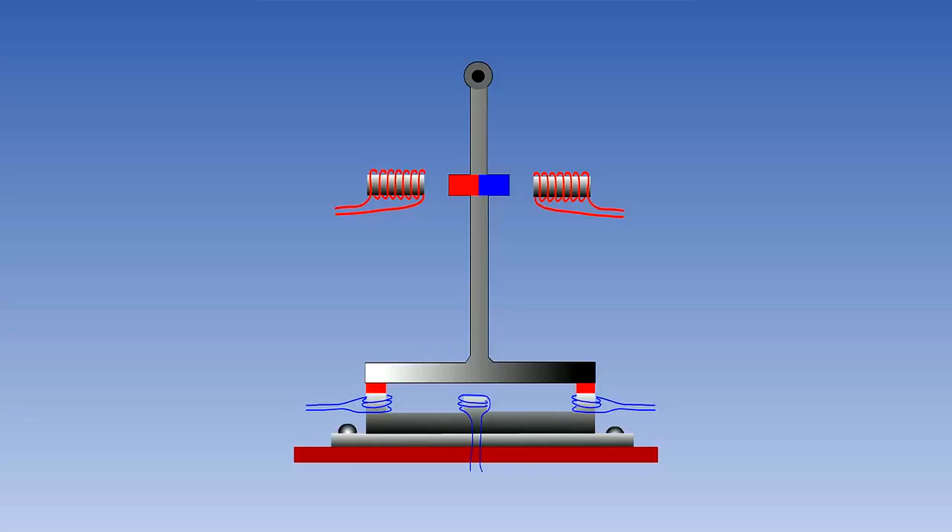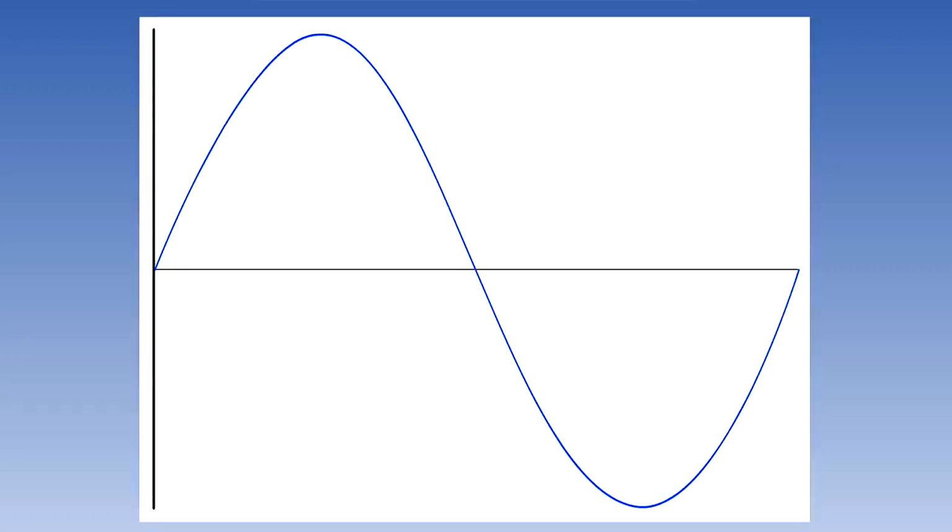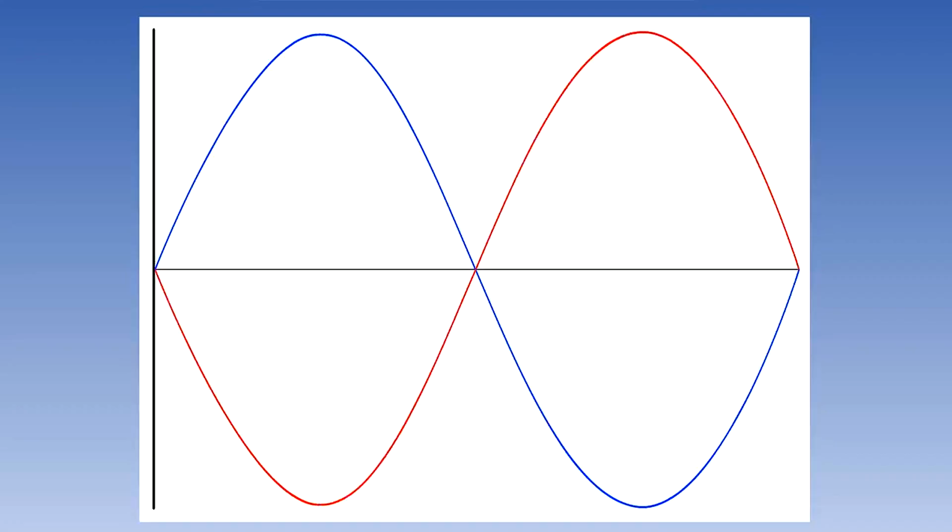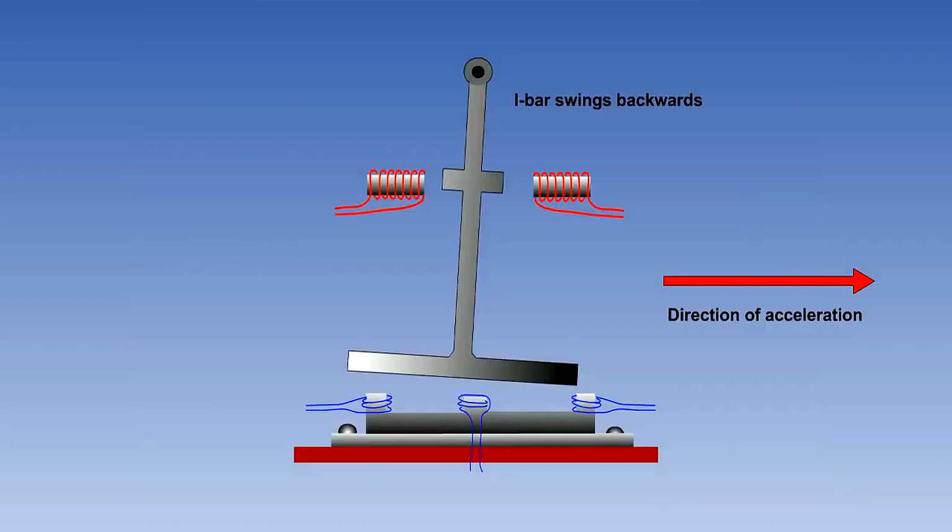The amount of induction in the secondary legs is affected by the gap between the E-bar and the I-bar. The I-bar is attached to a rigid pendulum and hangs vertically when there is no lateral acceleration. If the gap is the same, then the amplitude of the voltage induced at the two ends will be identical. But the polarity will be opposite, because when one end is a north pole, the other is a south pole and vice versa. The positives and negatives cancel each other out, and we get a resultant of 0.